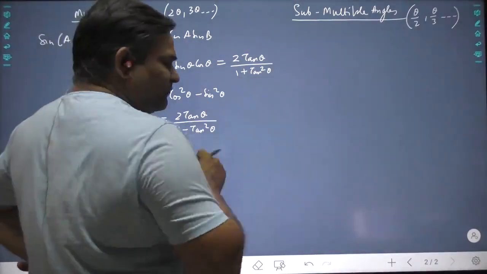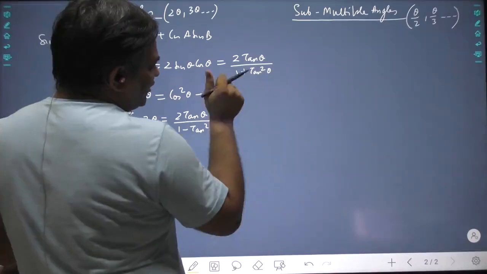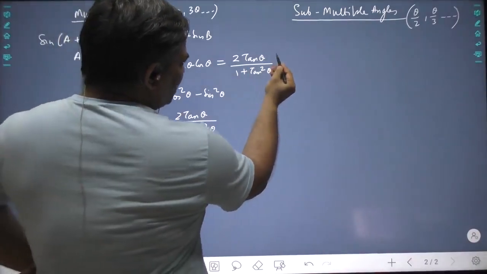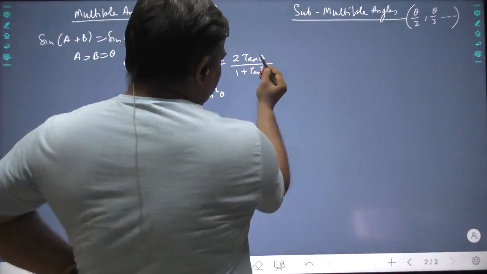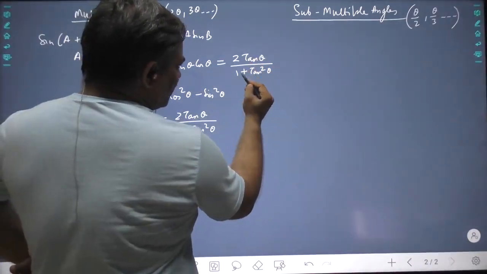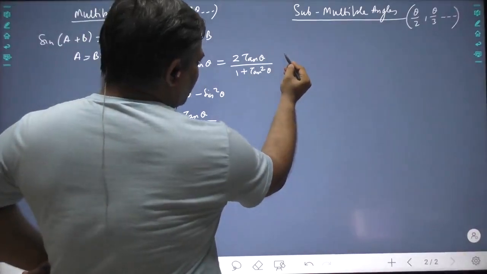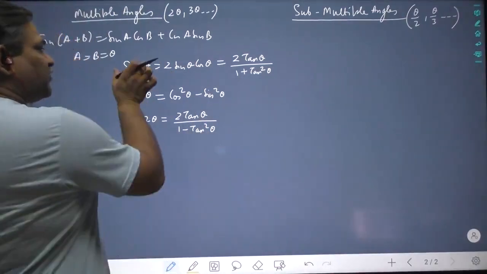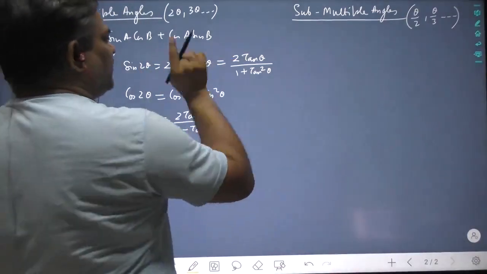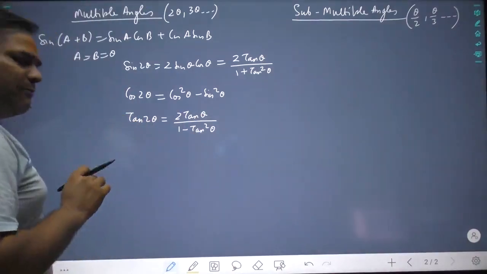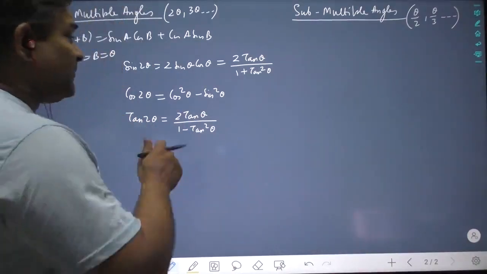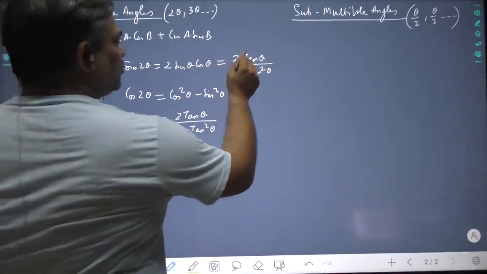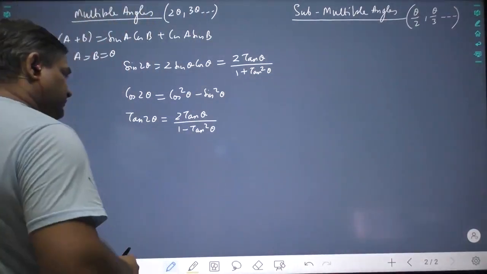We have developed some tricks, some learning in trigonometry. 1 plus tan square theta is sec square theta. Sec square theta jumps up, becomes cos square theta. Tan theta is sin theta upon cos theta. Cos theta here, cos square theta here, that gets cancelled, and you have 2 sin theta cos theta. So both these formulas of sin 2 theta must always be remembered. Whenever we have sin 2 theta, this is equal to 2 sin theta cos theta, and this is also equal to 2 tan theta upon 1 plus tan square theta.